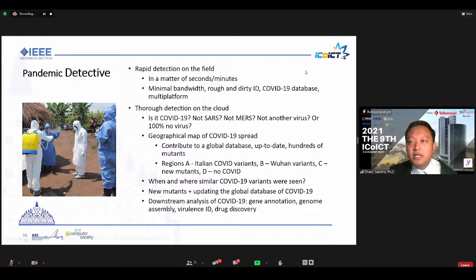For example, in village A, in province A, there were Italian COVID variants. This is actually a slide from about a year ago. We didn't have the alpha variant at that time. We didn't have alpha, beta, delta, gamma. So I was introducing a Wuhan variant at that time, and then there is no COVID. But then my prediction happened. Of course, the virus will mutate fast, and this was predicted a year ago, that there will be a lot of variants like this. That's the function of this pandemic detective